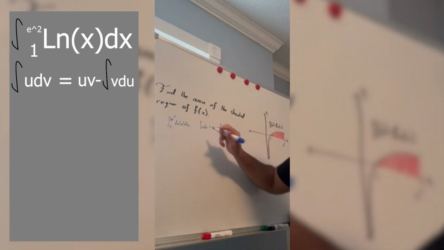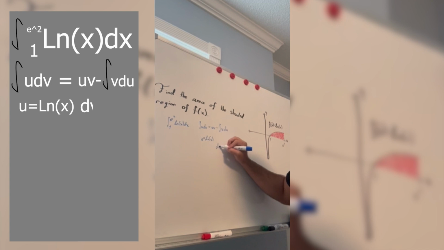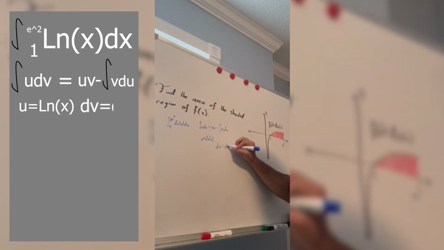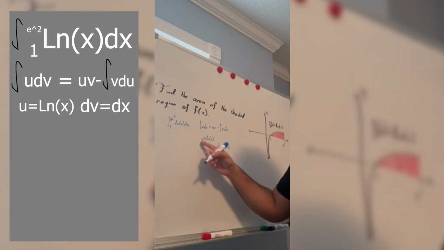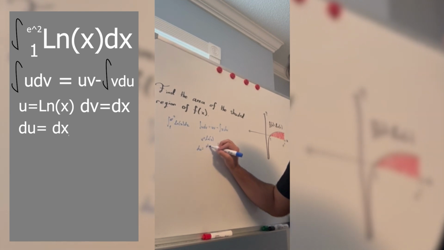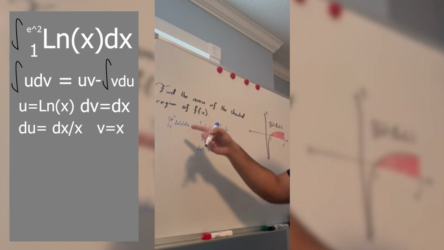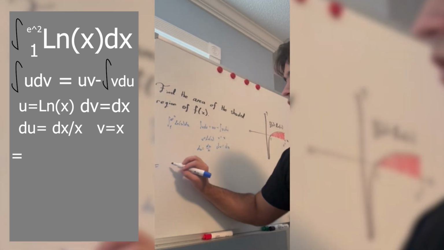We can represent our u as ln of x and our dv as dx. If we differentiate u on both sides, we'll get du equals dx over x. And if we integrate dv, we'll get v equals x. So now I can rewrite this integral as